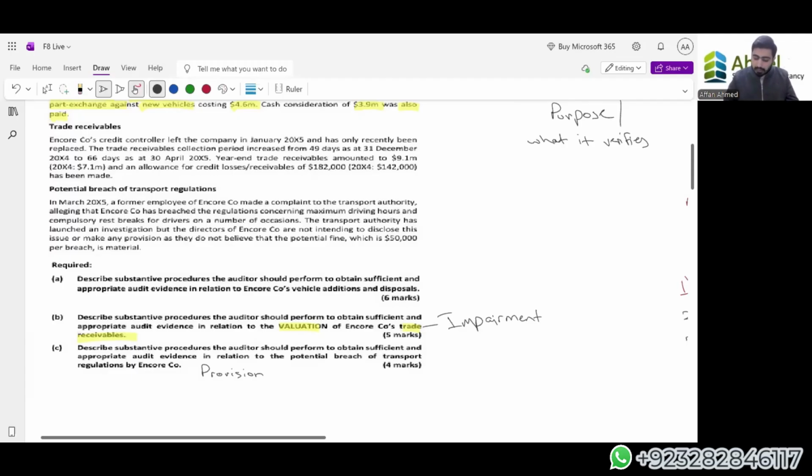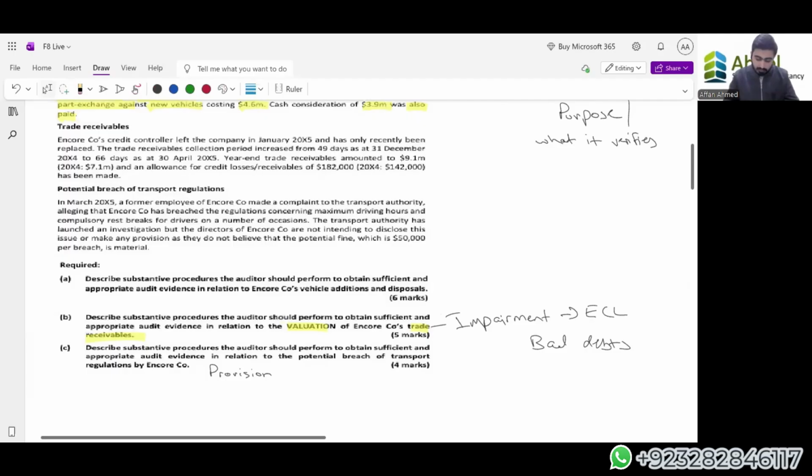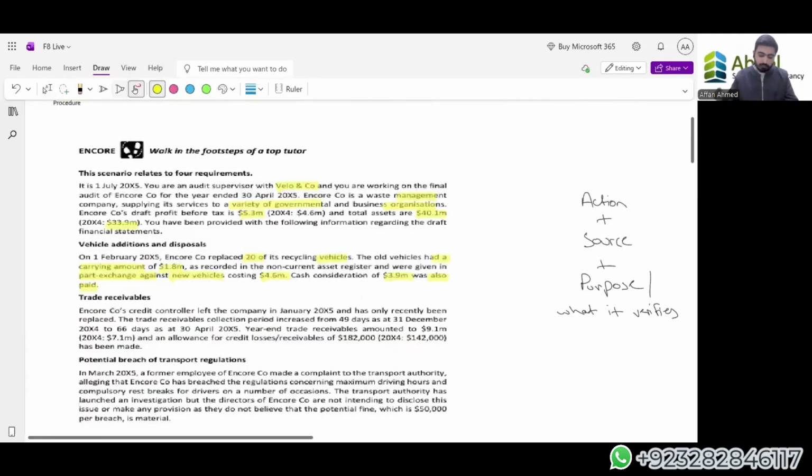In our valuation of trade receivables, we can write a point that is expected credit loss. That is also known as bad debts. You have to record bad debts. And bad debts can be identified if we get a hint from the market that a person might not be able to pay us. So a provision is kept here so that we have a true and fair value of the particular trade receivables. Let's read the case first, and then I'll give some pointers for it.